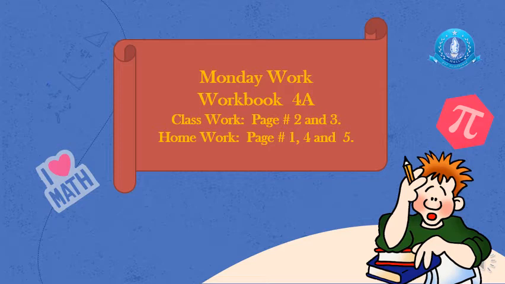Now look at the question. Part C. The question is on page number 1. Read the question. You will write the values of each of the following. See, ones are here. Count the ones: 1, 2, 3, 4, 5, 6, 7, 8. How many ones? 8. Write it with a pencil. Under ones, a box is mentioned, so you will write the digit. Now look at tens: 1, 2, 3, 4, 5, 6, 7. 7 tens are here. How many hundreds? There is no hundred, so 0 will come.